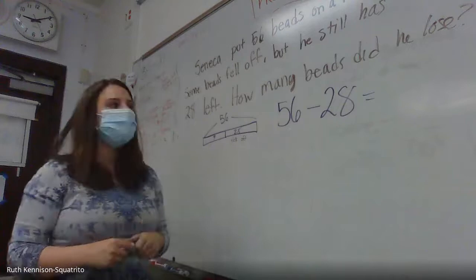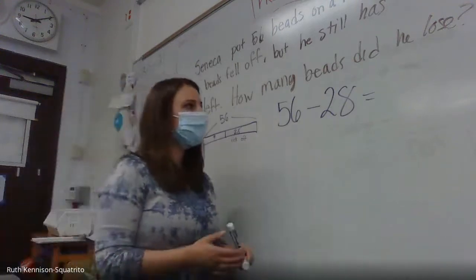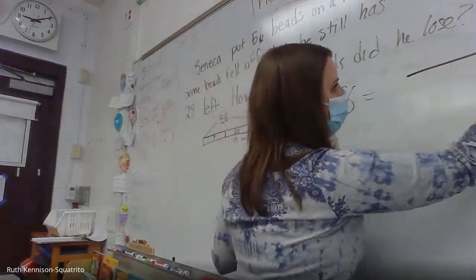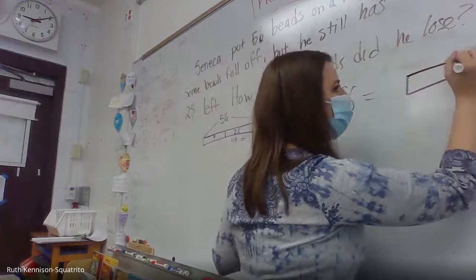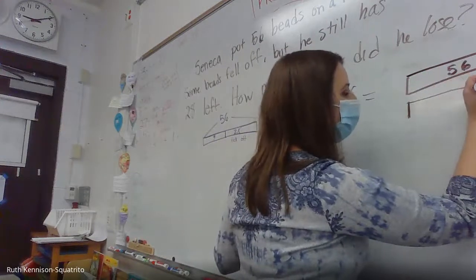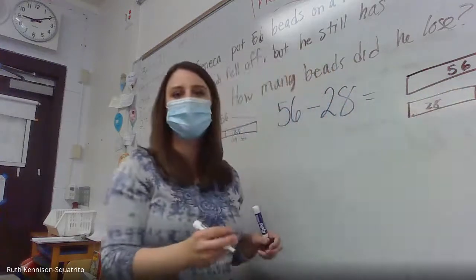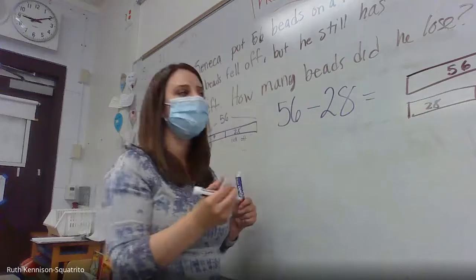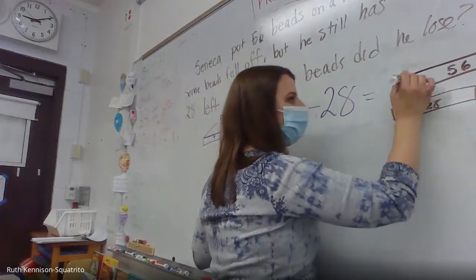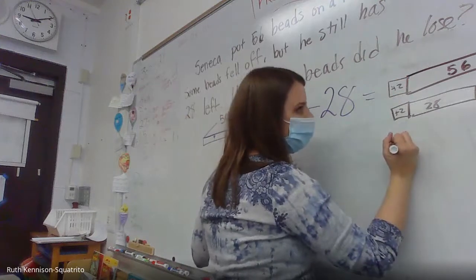All right, so there's a couple of different strategies, and we practiced these strategies before, so let's talk about them. Remember when we're doing a subtraction problem, in order to get up to a friendly number, you can add onto both sides. So 28 plus 2 makes it 30. And what I do to one side, I have to do to the other. So then I have